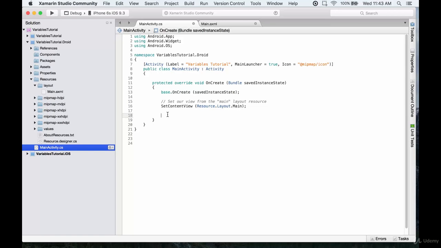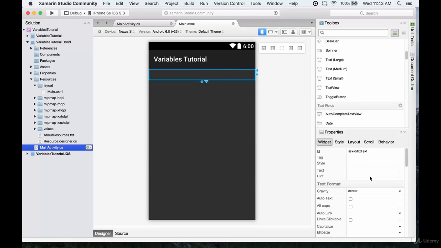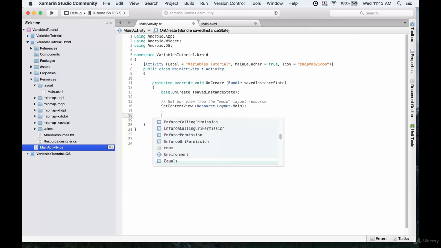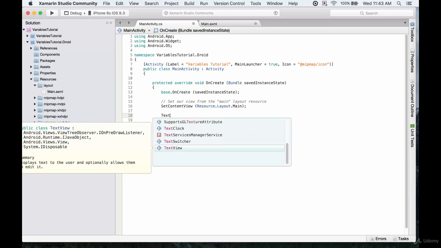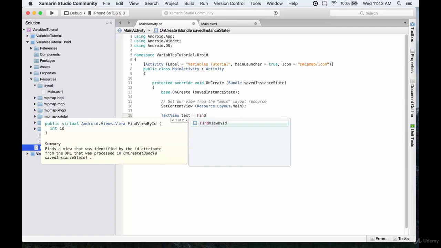We'll have to initialize this field. So this text field that we have up here, we're going to have to initialize it, and then we can reassign it. So what we're going to do, this is a type text view, and we're just going to call this text, and we're going to say find view by ID,